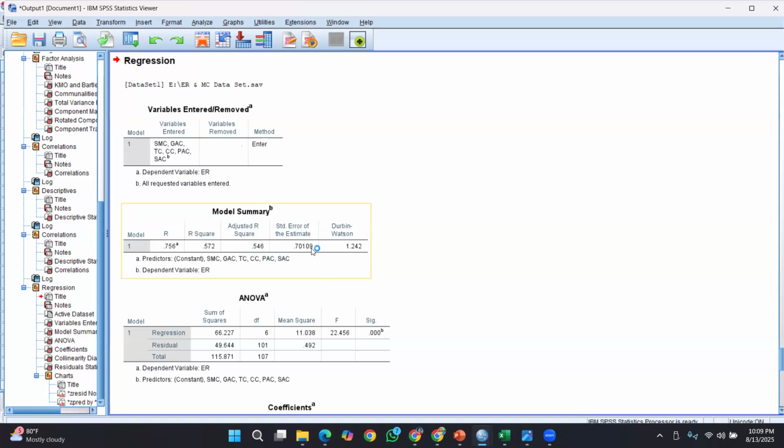Next, the Durbin-Watson value. This is used to test autocorrelation. The value should be less than 1.